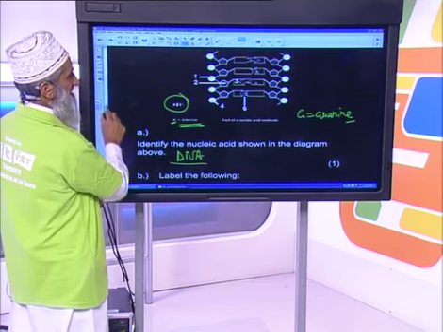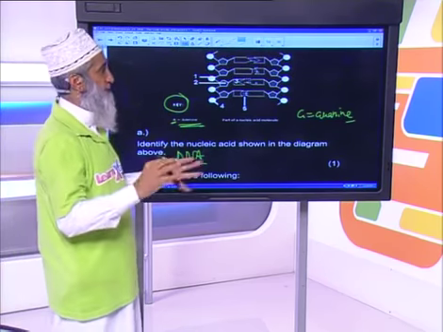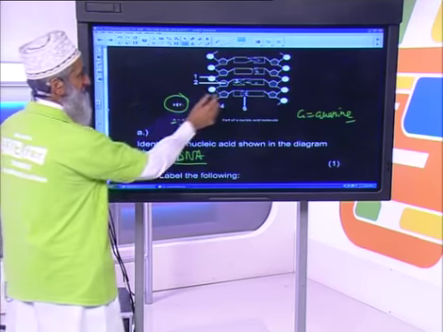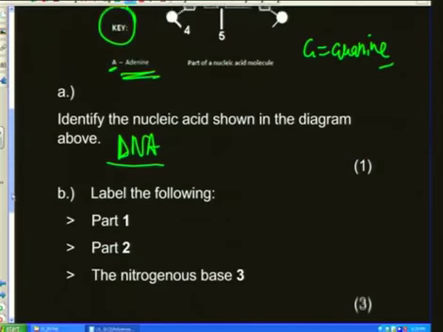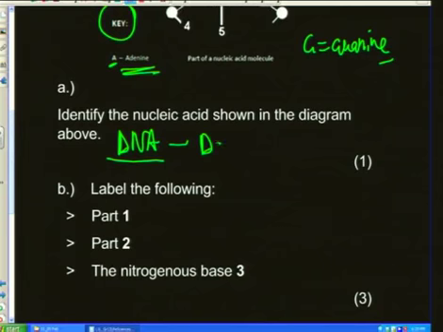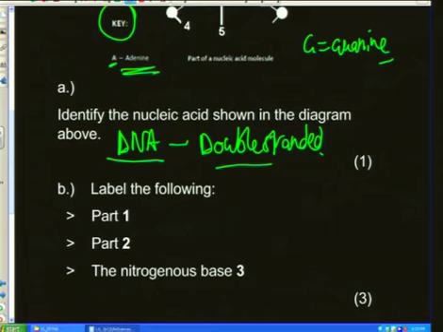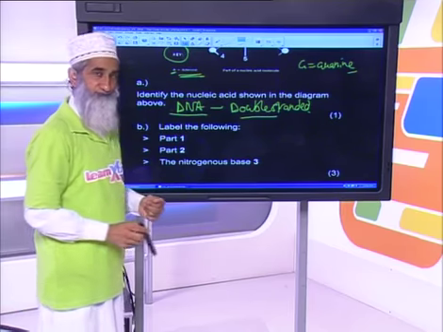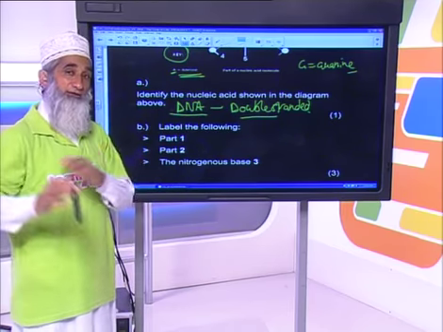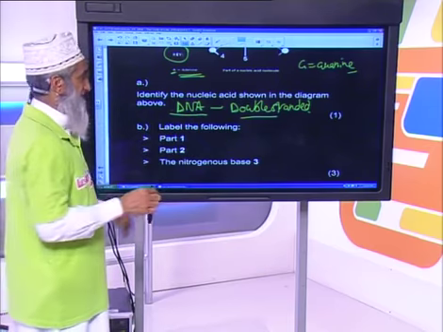In this particular diagram, there's only one proof at the moment, and that is that it has 2 strands. So it's double-stranded. This is not part of this answer, remember. I'm only giving this as an extension to this question. If they ask you, how do you say that this is DNA? And you've already done RNA, so you understand what I'm saying.